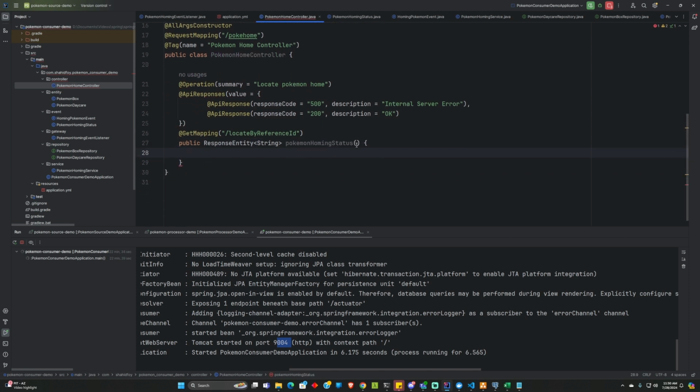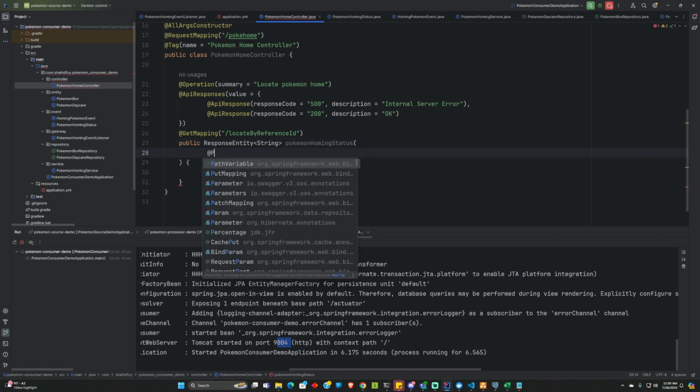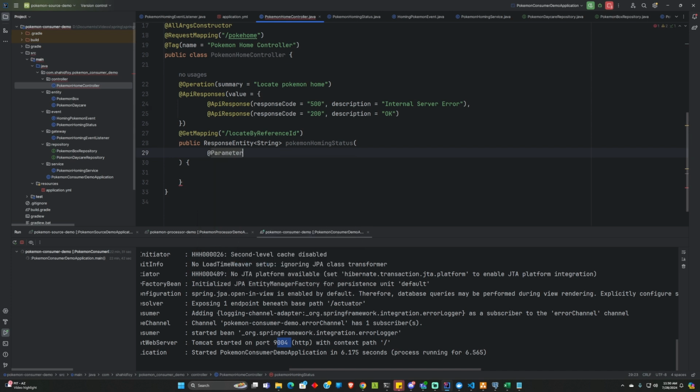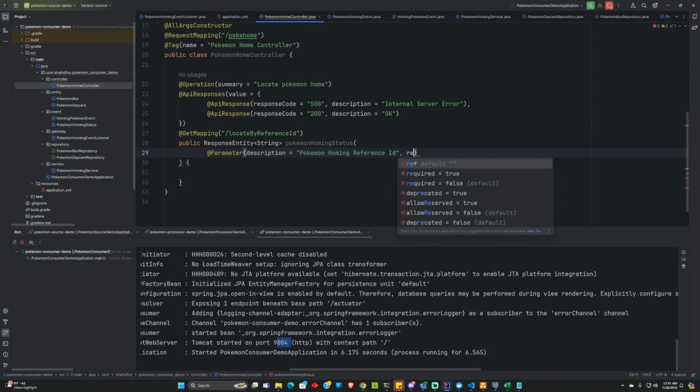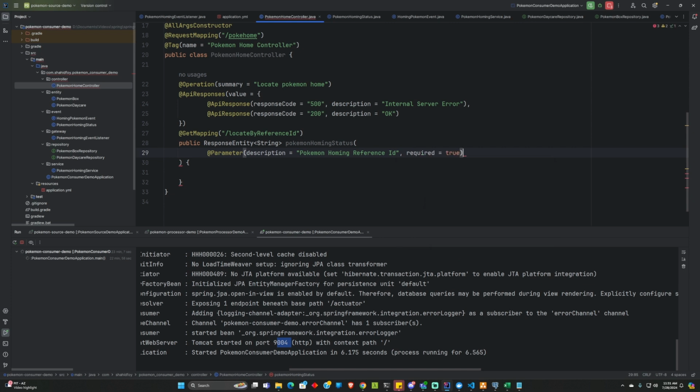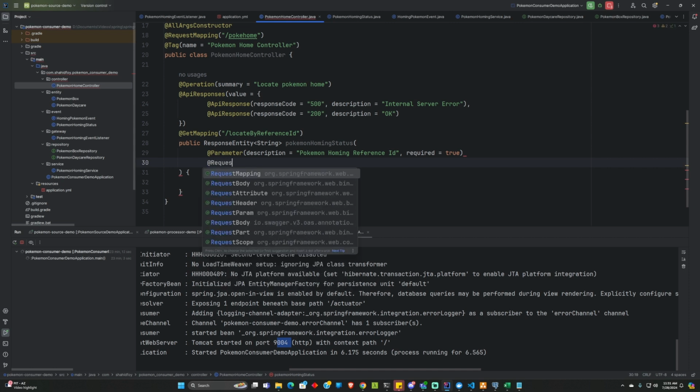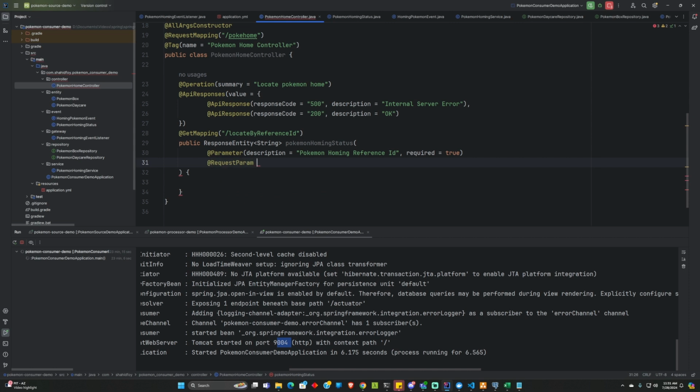All right. Let's see here. Let's just go ahead and add the arguments we need. So at parameter, swagger, add a description, Pokemon homing reference ID, required of true, and the actual parameter string